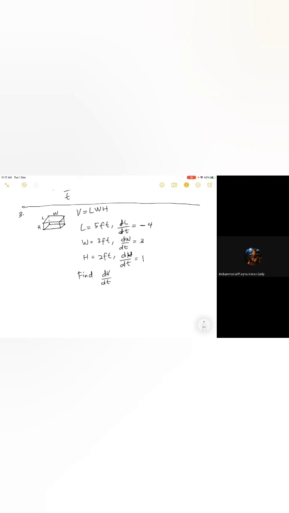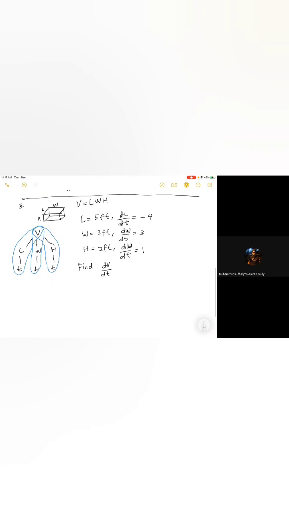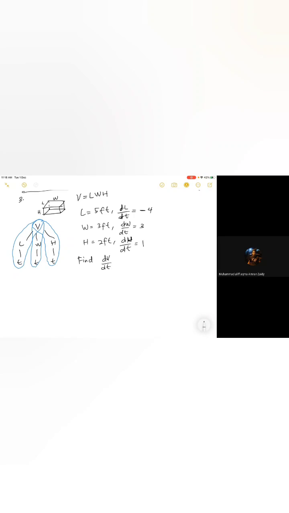Okay, so chain rule. Atas ada V, dalam V ada L, ada W, ada H. Bawah L ada T, bawah W ada T, bawah H also ada T. Now if you want to find dv dt, you have to connect all the V to T. Okay, again, the same branches you multiply together. Okay, the different branches you addition. So dv dt is del V del L times with dl dt plus,